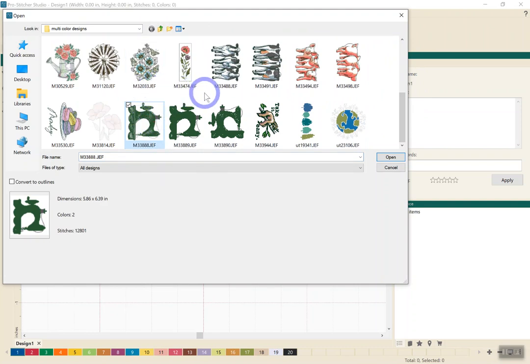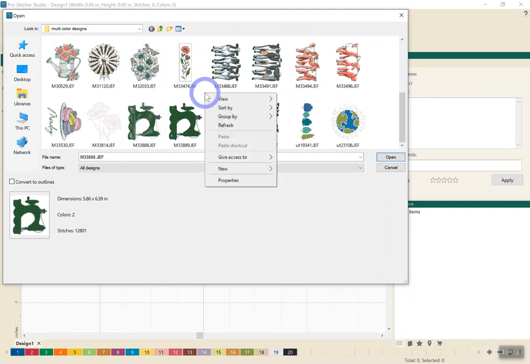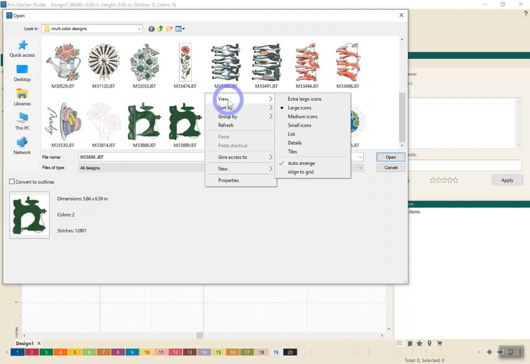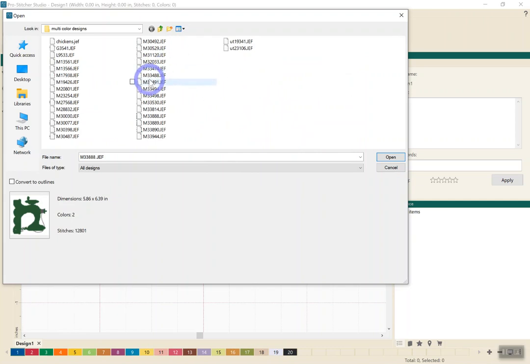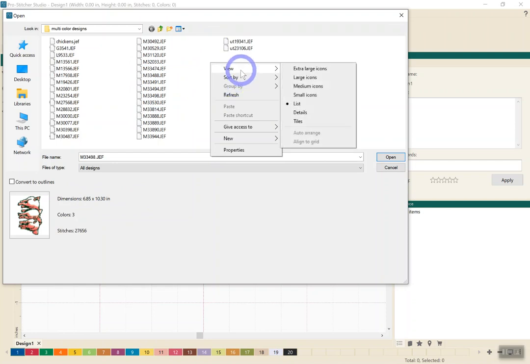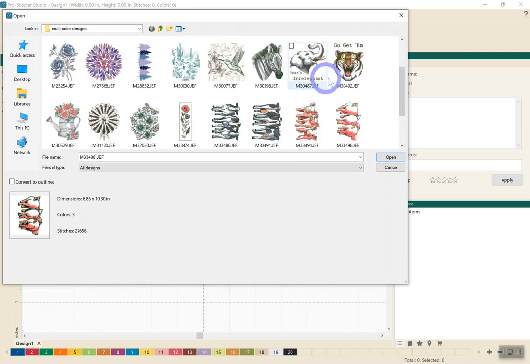In order to see these designs in my computer, I have actually had view, right-click view, and I've just done the large icons so that I can see what it is. If you just have it as list, what you can do is when you click on each one, it shows you a picture, and it has the size. So because I want to see the pictures, I've gone to the icons,